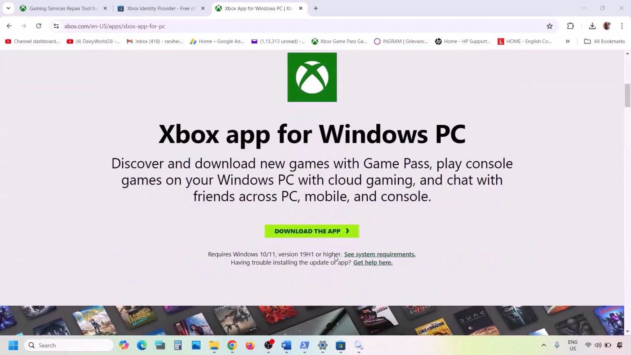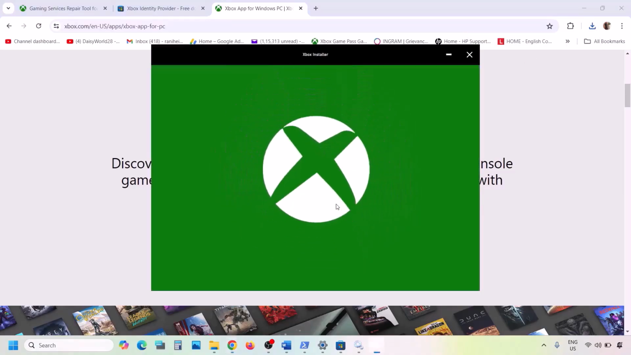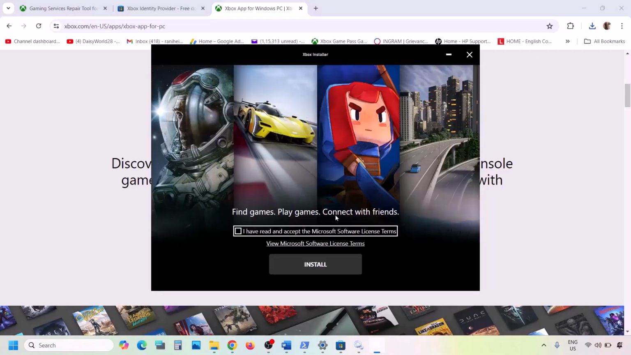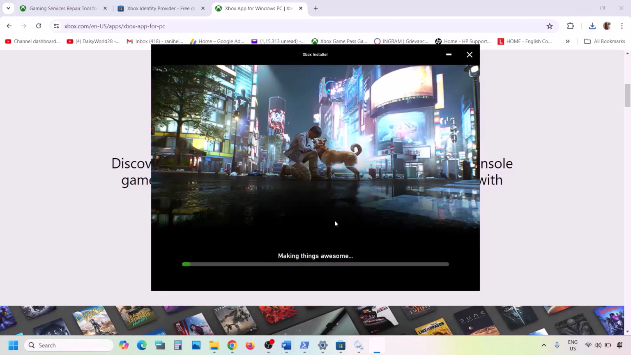So now you can scroll down over here, you can see the download the app option, and once the download is complete, run this exe file and then follow the on-screen instruction. Just install Xbox app, agree, install it, and after the installation you can check. Now if it's still not working,